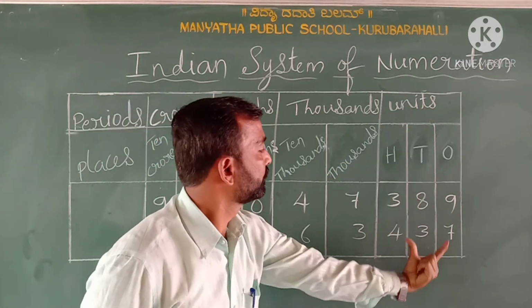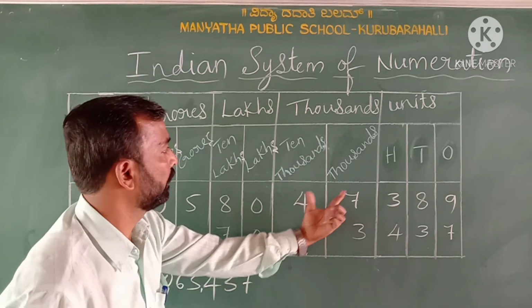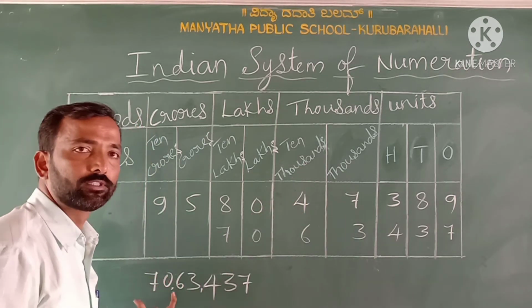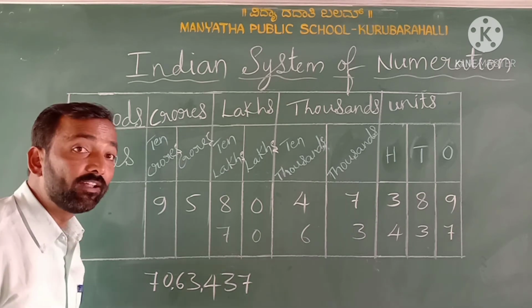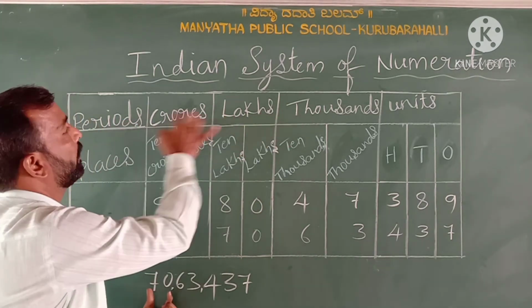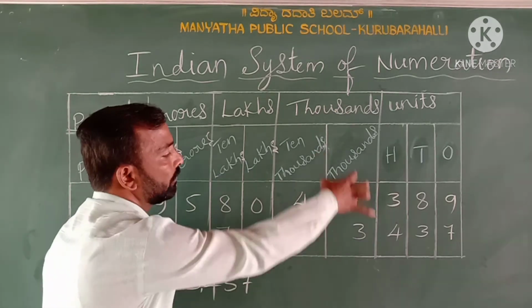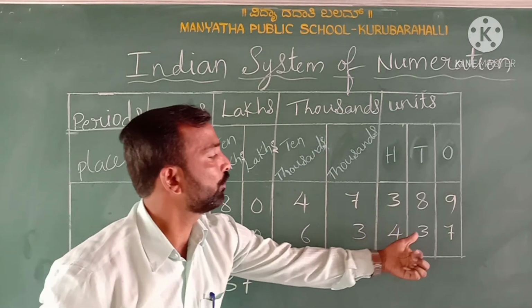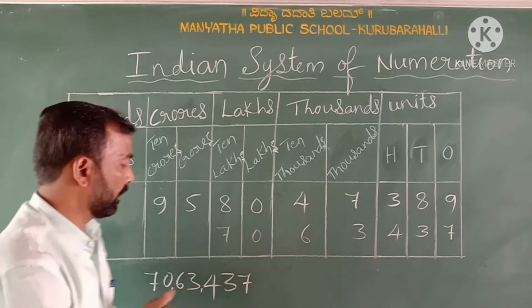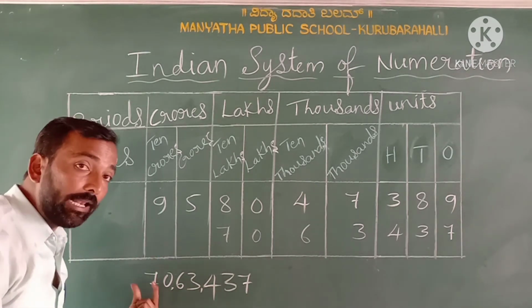Now see the periods. Units has 3 digits, that's why after 3 digits put a comma. Next, thousands, which has thousands and 10,000s, so after 2 digits put a comma. Now how can you read? These 2 digits are in the lakhs period. 70 is a group. 6-3 is in the thousands period, and 4-3-7 is in the units period. According to that I put the commas. Now the reading: 70 lakh